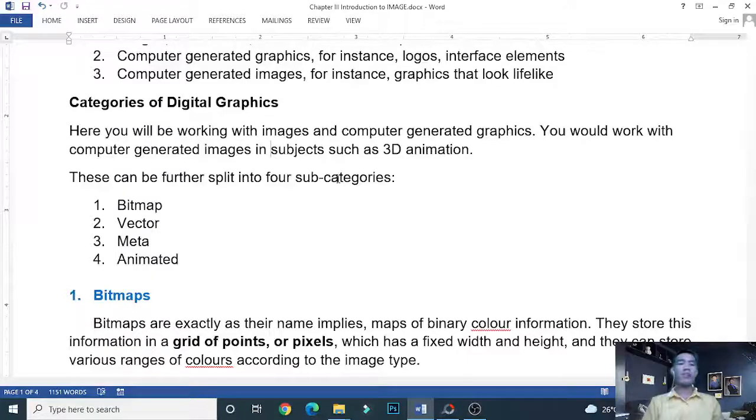So we may download graphics in the internet and then we may use them. You would work with computer generated images in subjects such as 3D animation. But we will not discuss animation for today or for this course. But it is part of it, as we mentioned during the previous chapters that one element of multimedia is animation. But I omitted it, we will not